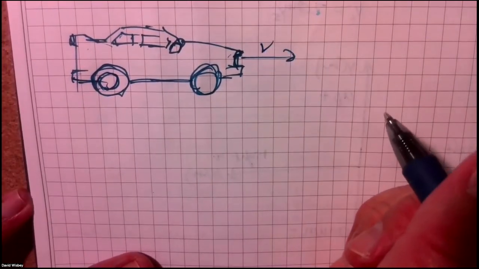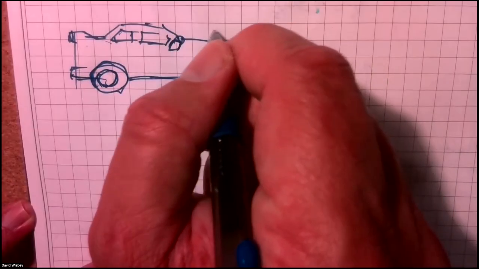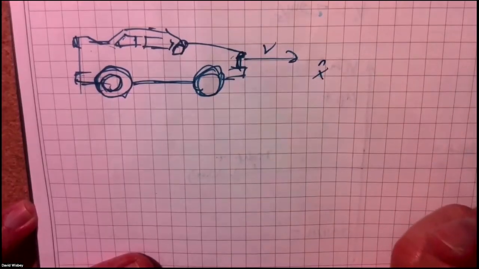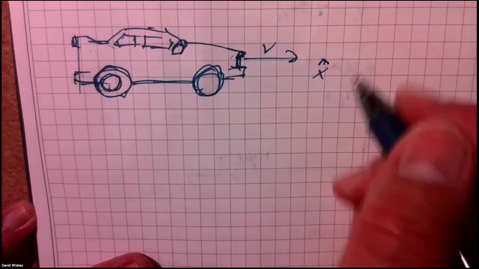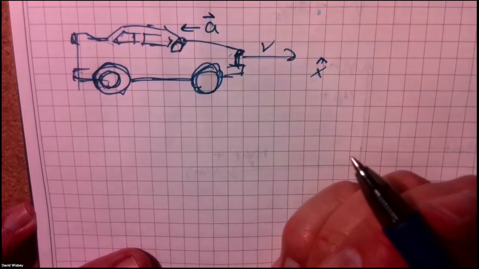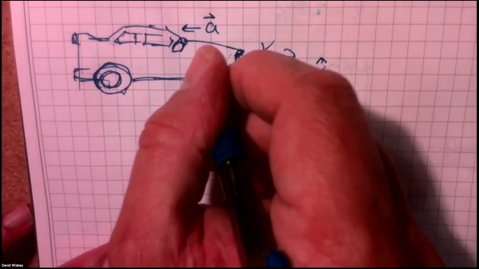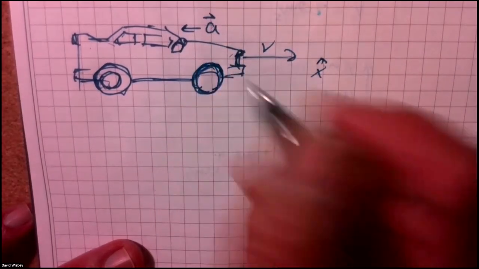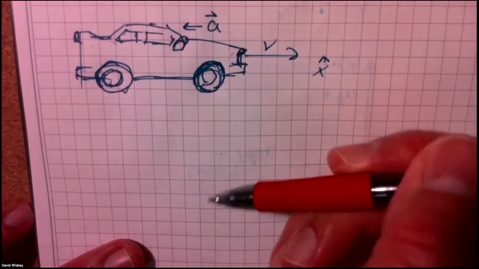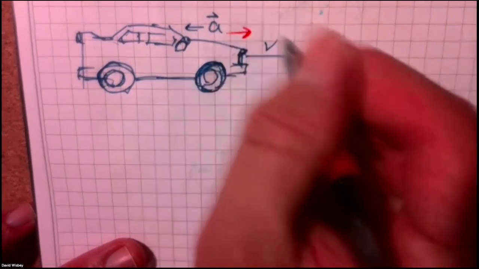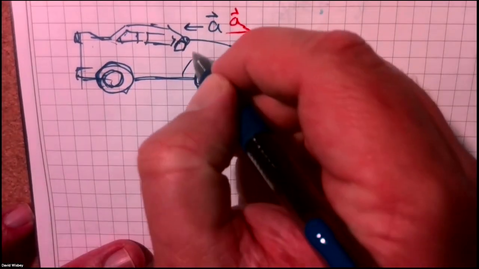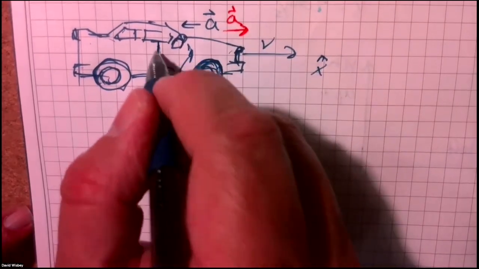Okay, but my car here was driving this way, and if I step on the brakes, if this way is positive, if this is x hat here, my velocity is positive. But when I step on the brakes, my acceleration is going that way. It better be going that way, otherwise you're going to be speeding up, okay? If we think about another case, where your acceleration is going this way, you're going to be going faster. So you'll be speeding up, okay?